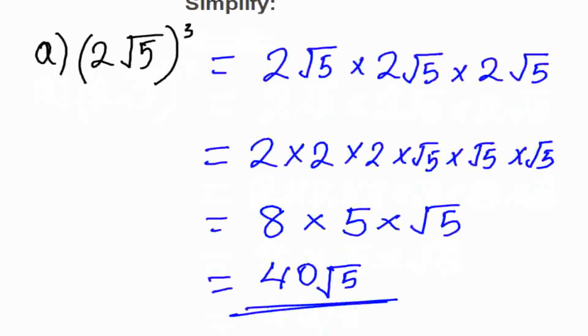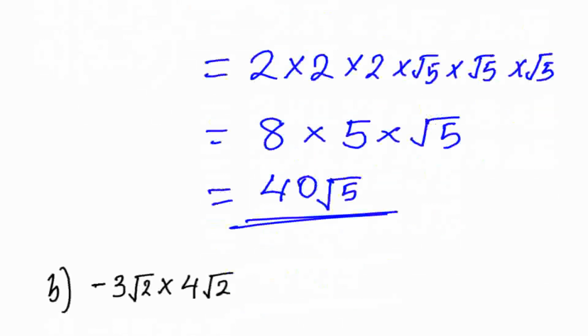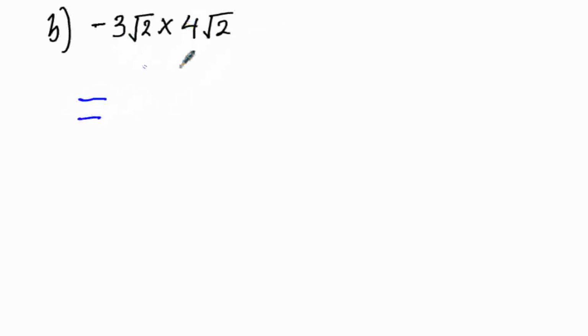And then part B, it is negative 3 root 2 times 4 root 2. Again, in this case, we multiply numbers which are not under a root, then those which